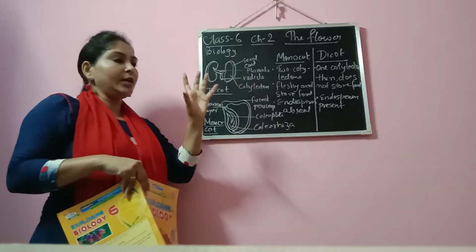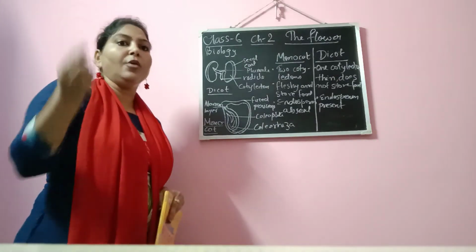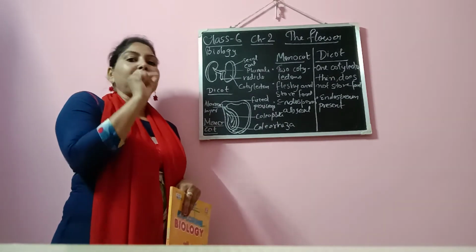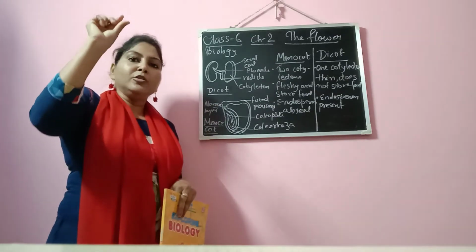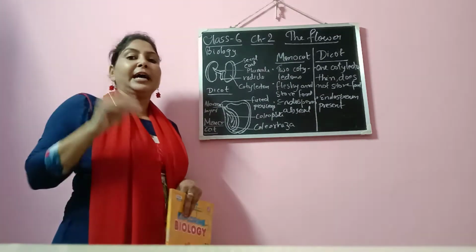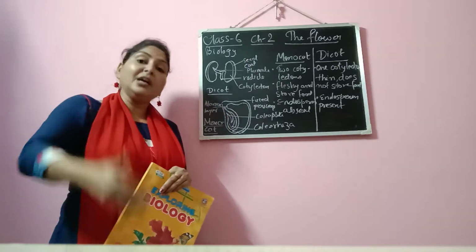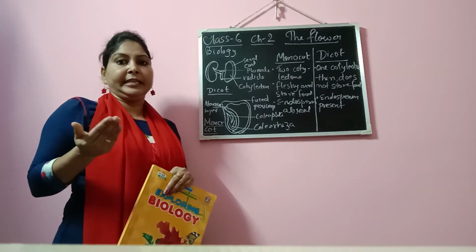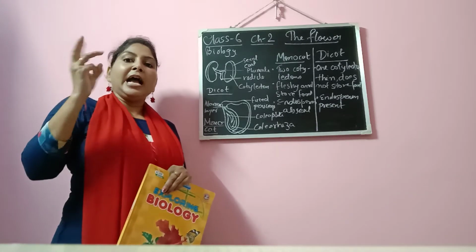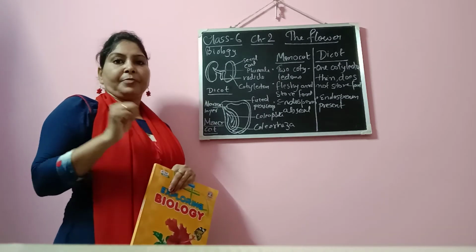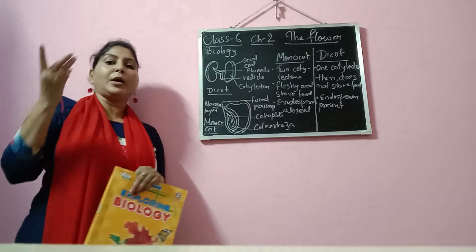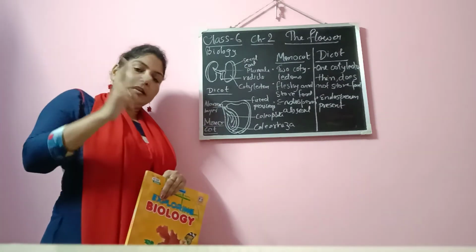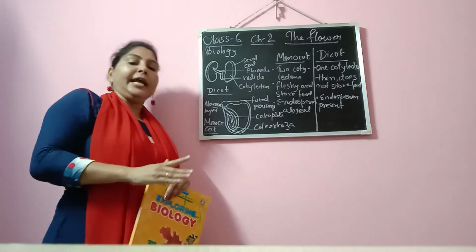The seed coat, if you try to peel off the maize seed, you will not be able to do that because the endosperm is fused with the pericarp. Now what is pericarp? Pericarp is the outer layer of the seed. Now pericarp again has three layers. That is, one is epicarp, the outermost layer, then mesocarp in the middle layer, and the endocarp.